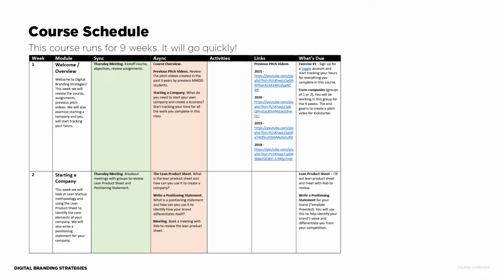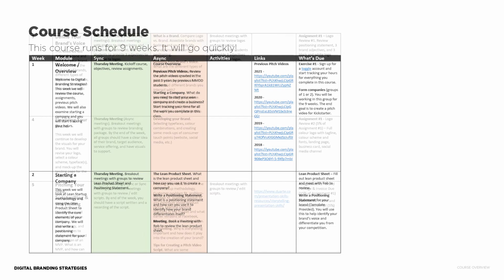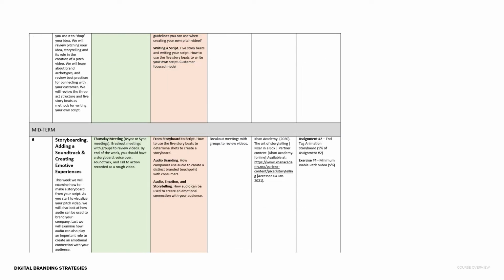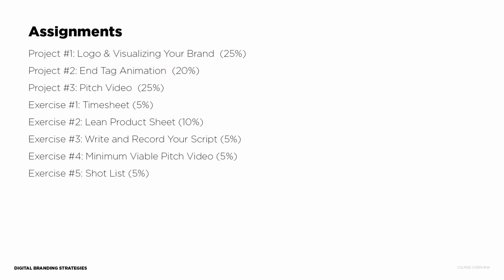This course runs for 9 weeks and will be a mixture of synchronous and asynchronous learning. Each week, I will identify deliverables and milestones for you so you can stay on track with your project. As you complete the deliverables, we will have check-ins and reviews to ensure your work is progressing. This will include one-on-one and peer feedback sessions. The course will go by quickly. At the end of it, you will be amazed at how you were able to start with nothing and develop a brand into a campaign that you can launch.